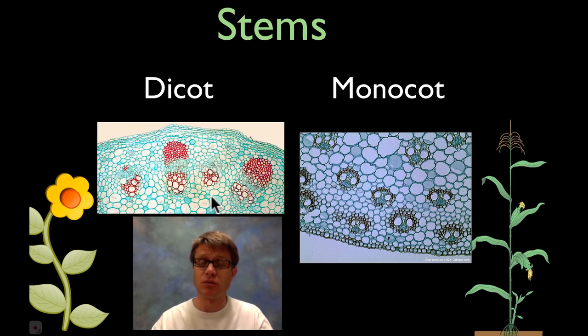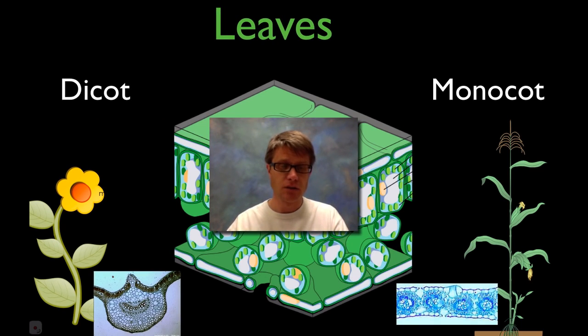All right, let's keep going, because remember those stems are eventually going to bud off, and those are going to reach to the leaves. And so if we look at leaves, remember what makes a dicot is it's going to have this net-like venation. So you can see these nets that are branching off. Those nets, those veins are actually the vascular tissue. And so if we look at a cross-section right here of a dicot,